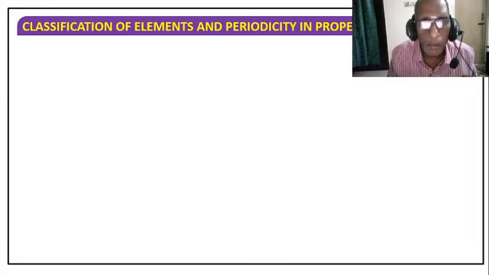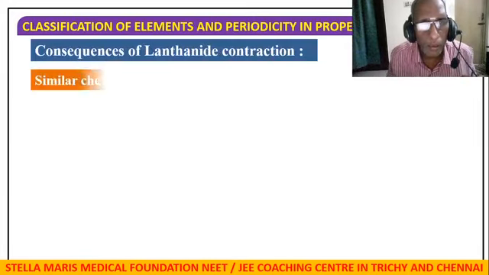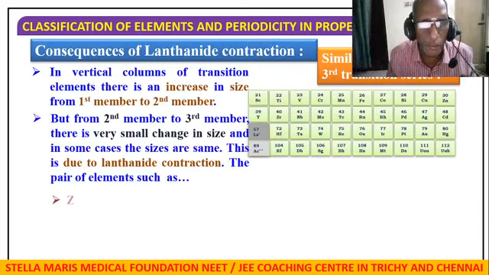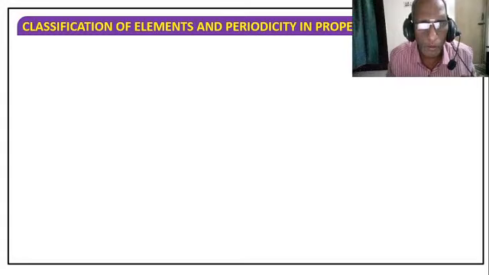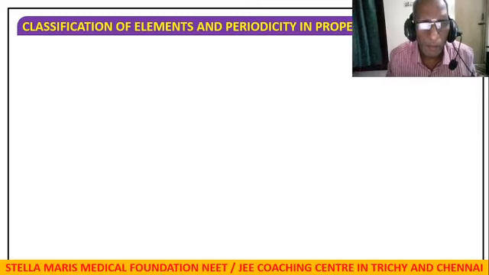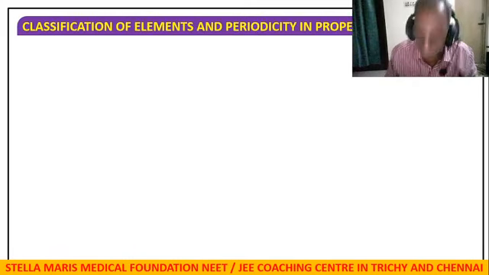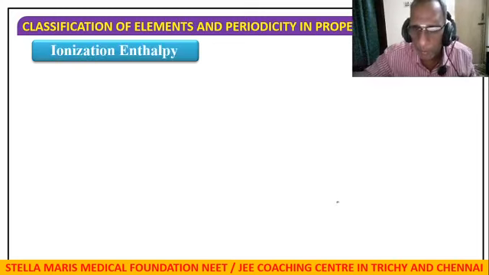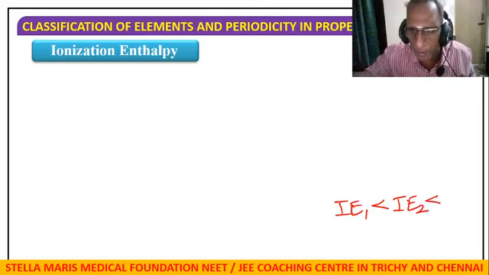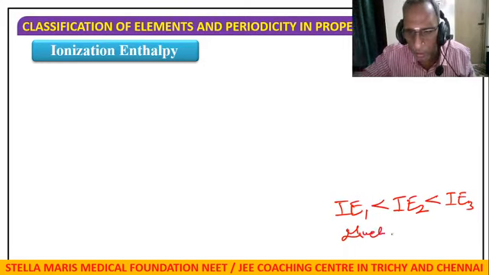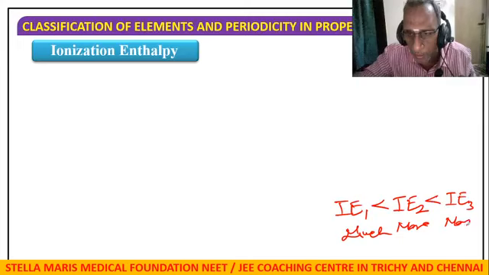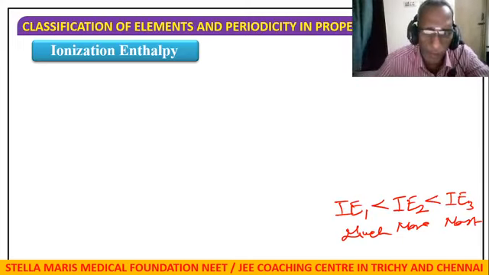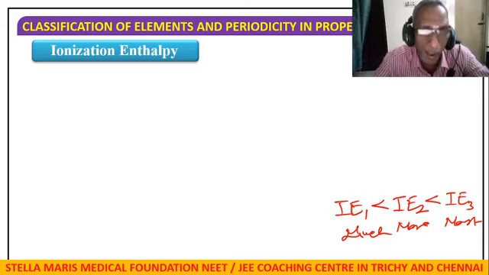Now, how to quantify, how to compare the ionization potentials? You have to make a note that first ionization potential is less energy content, second ionization potential more energy content, third ionization most energy content. Much energy, more energy, most energy. It is equivalent to removal of electron, meaning removal of some property from the atom.